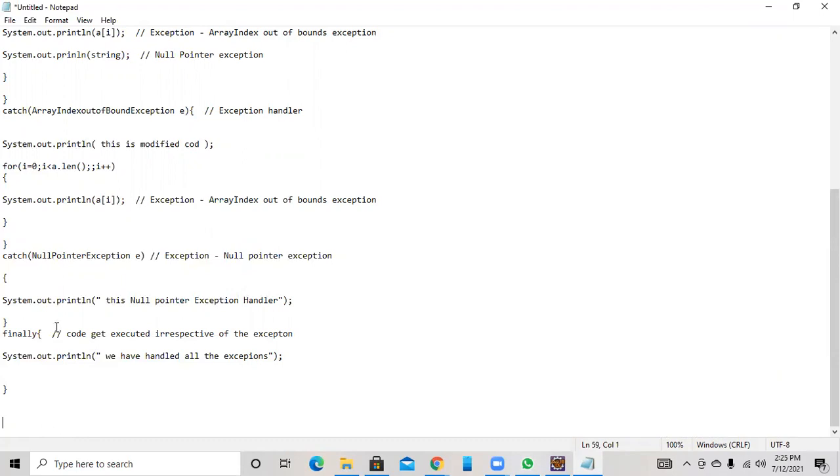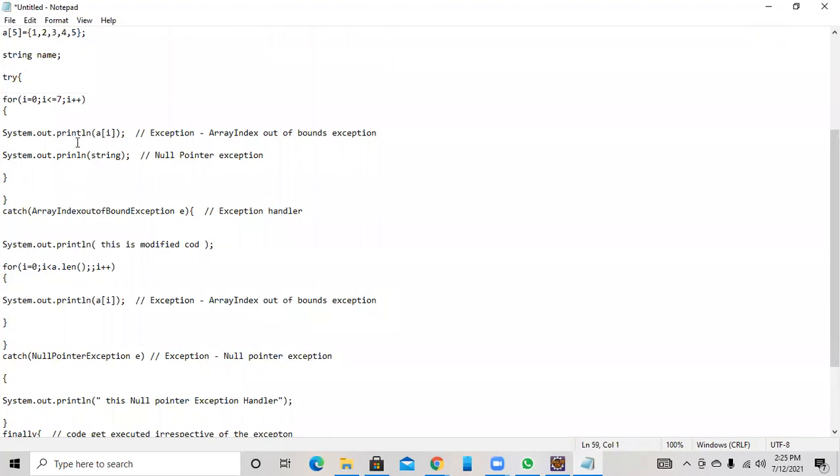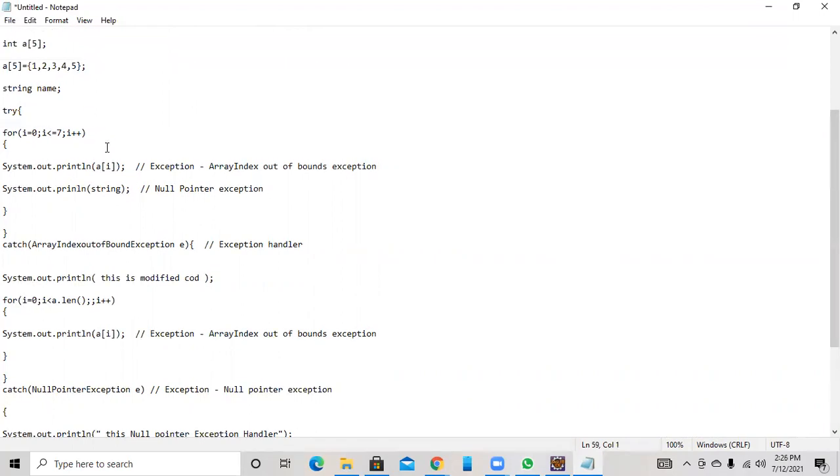What is the normal flow here? If you use an array index of 5, that is a normal flow, and that doesn't throw any exception. But if you give a 7, automatically there is an exception. To handle such kinds of exceptions, the normal flow needs to be maintained, so we have to handle exceptions using the Java exception handler.